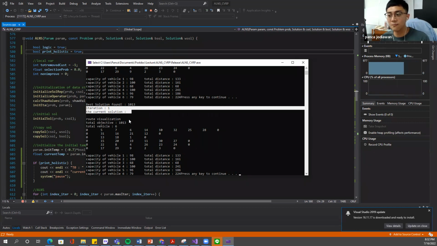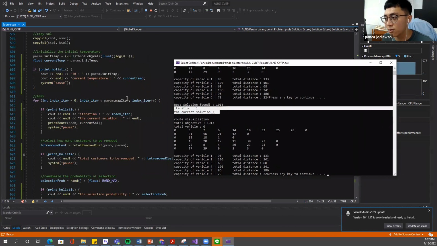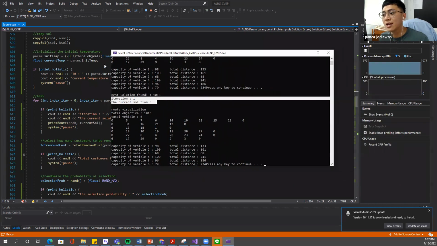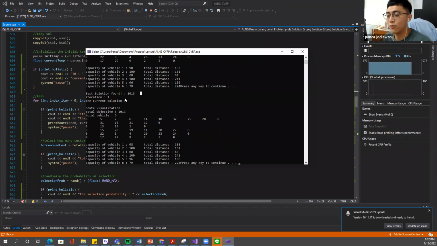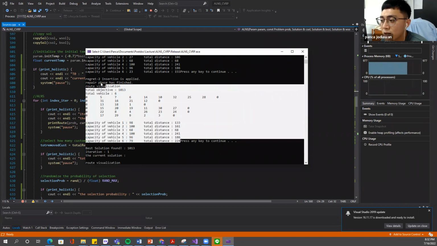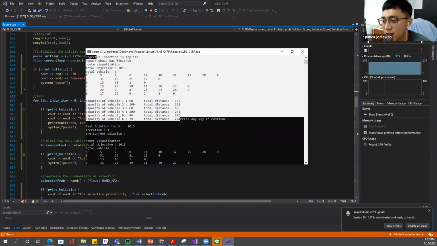When does it stop? I simply set it here equal to the maximum iterations. After it reaches the maximum iteration, let's say 25,000, it will stop and give you the best known solution. Now my question is: after we have performed one complete iteration, do we update the scores?